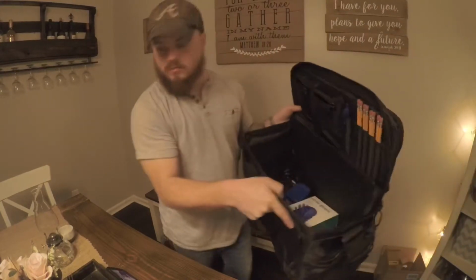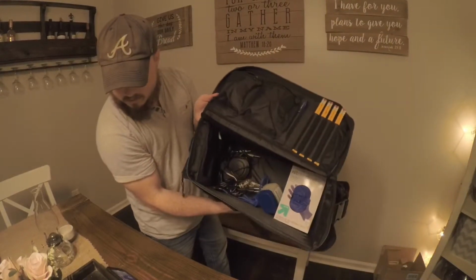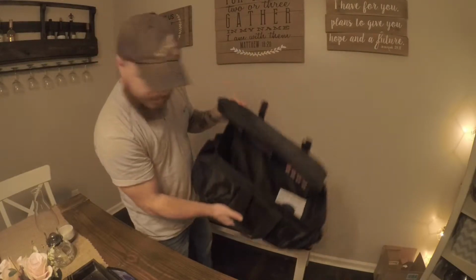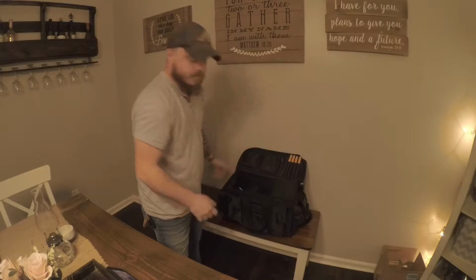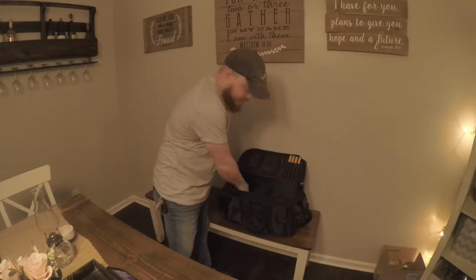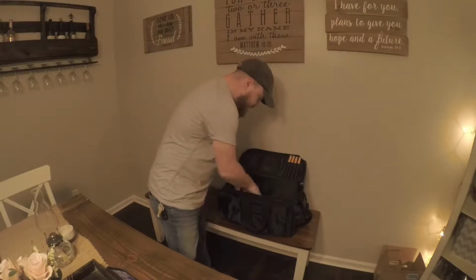I actually got this little bag here. It's got a whole bunch of goodies in it, and it's just a tote bag or whatever, but I've been carrying stuff around in there. It helps me keep everything organized, and normally I just keep everything in here tucked away. So first things first,